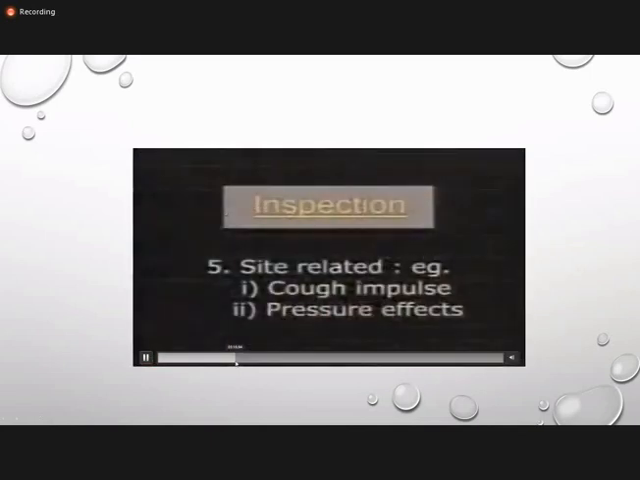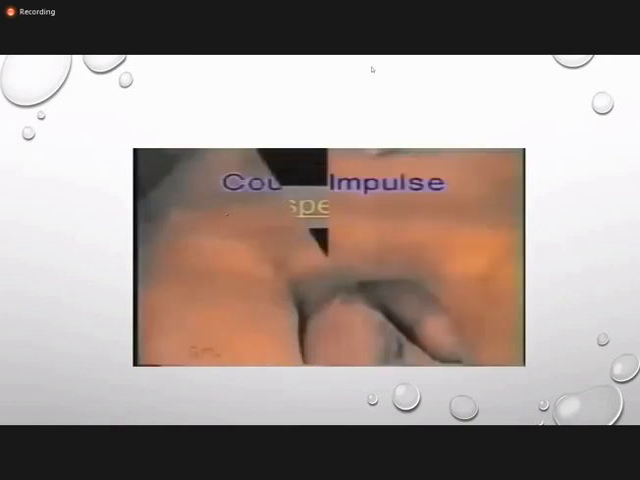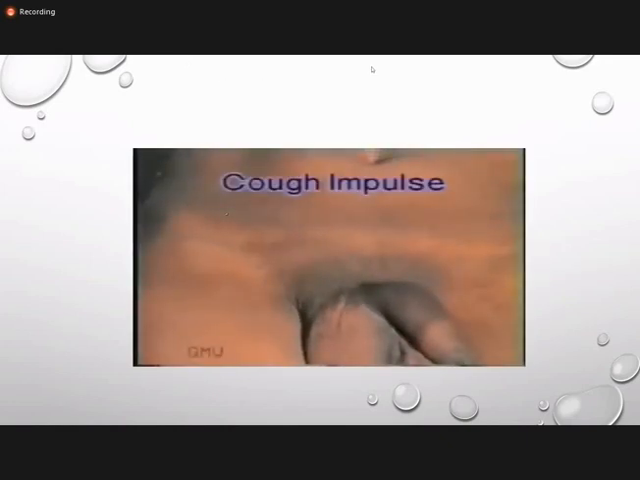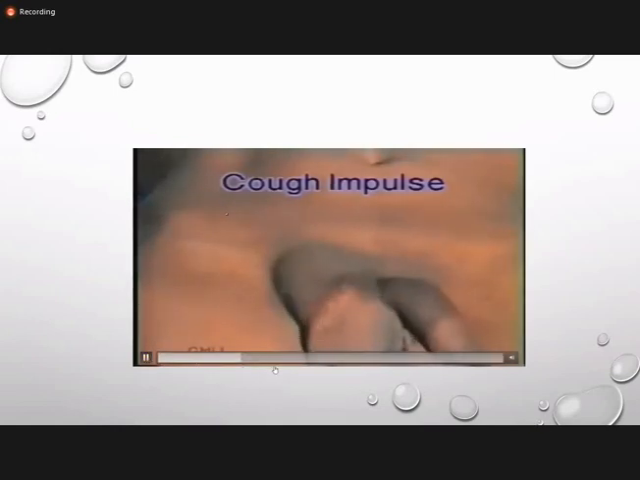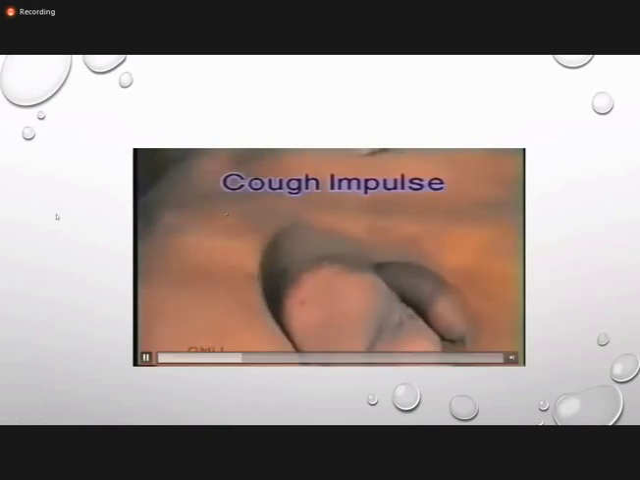Lastly, depending on the site and type of the swelling, a few specific signs should be looked for. If the swelling is over the abdomen or chest or spinal canal, ask the patient to cough, and look for an impulse on coughing. Increase in the size of the swelling, synchronous